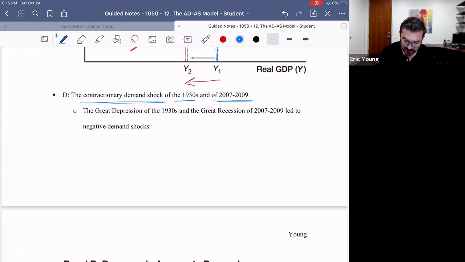In the 1930s, our nation suffered the Great Depression. And then about 12 years ago, in 2007, 8, and 9, we had the Great Recession. These, when you look at them through the lens of ADAS, represented negative demand shocks. The economy tumbled. If you remember our formula,